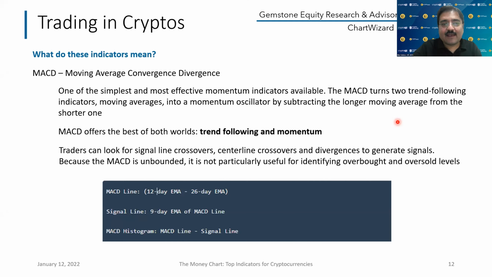As I just explained, the MACD line is the difference between the 12-day and the 26-day exponential moving average, and the signal line is the 9-day exponential moving average of the MACD line. Again, this is not something that all traders should try to remember the formula for, but what we should remember is the core anatomy of this indicator: it's a trend following indicator, it's a lagging indicator. So RSI we spoke about is a leading indicator, then came MACD, which is a lagging indicator.